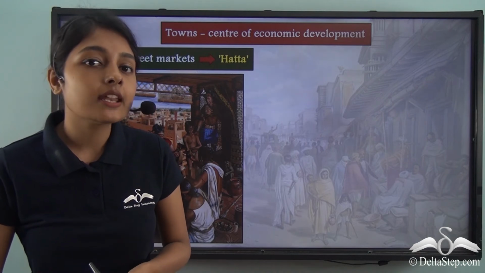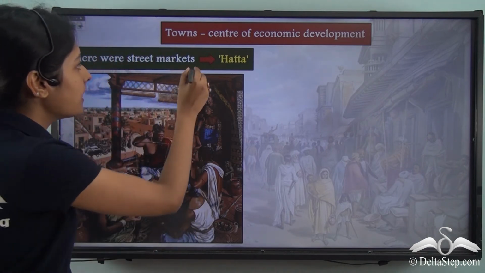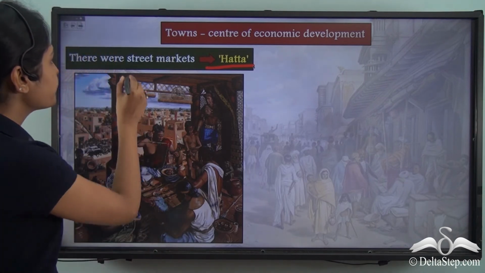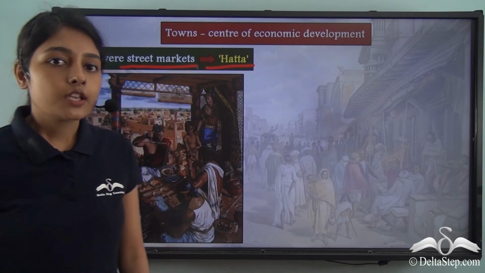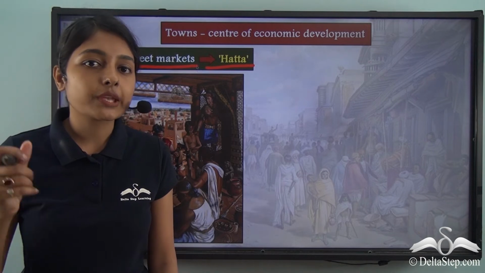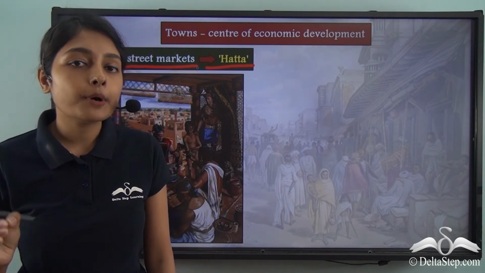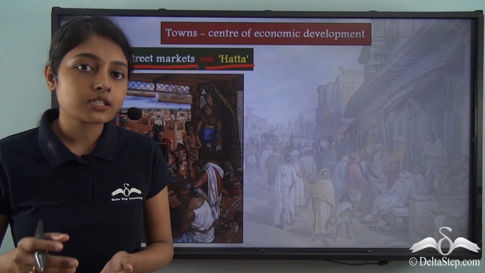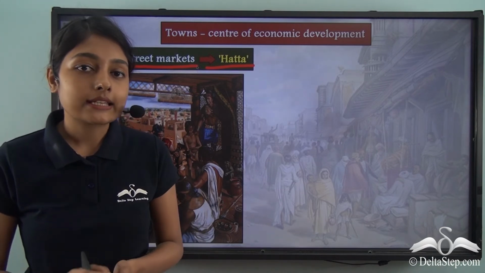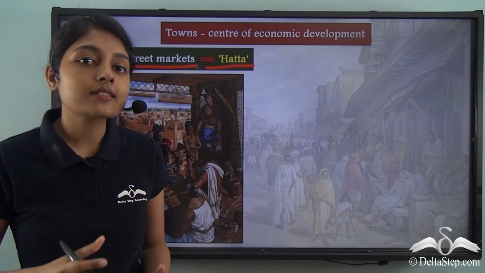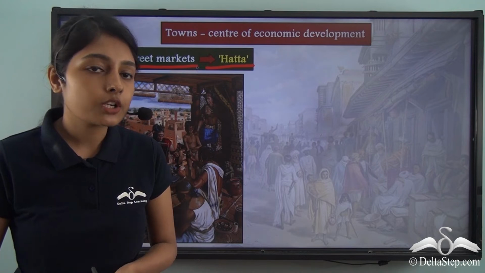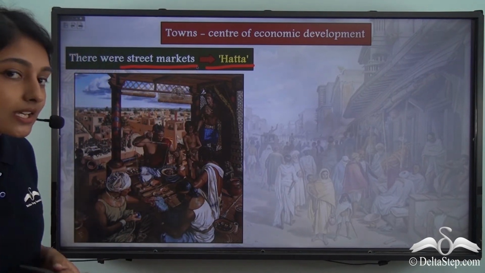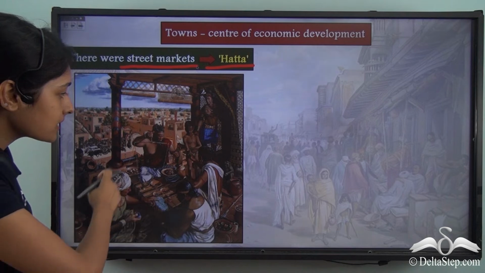For this reason now came into being the hattas. What are hattas? Hattas were street markets. So in these temple towns, on the one hand you have proper markets which were known as mandapikas, and on the other hand you have street markets. That is, the streets were utilized to sell and buy products. In this illustration you can see how there is a street, and by the side of a street a hatta